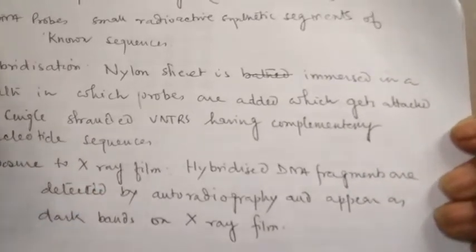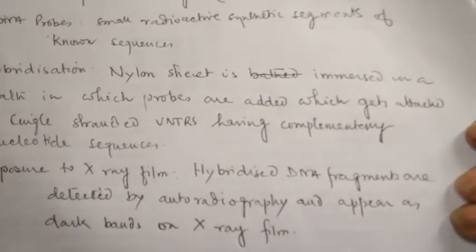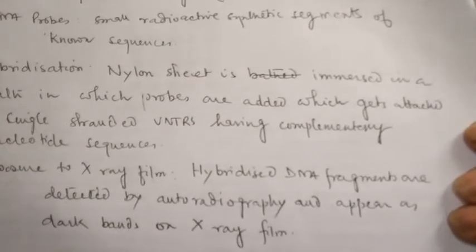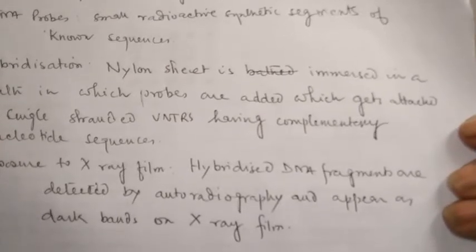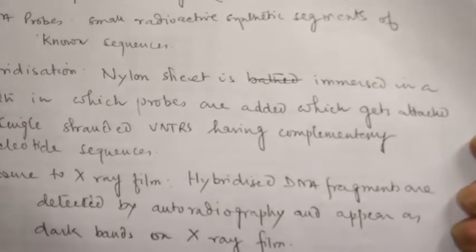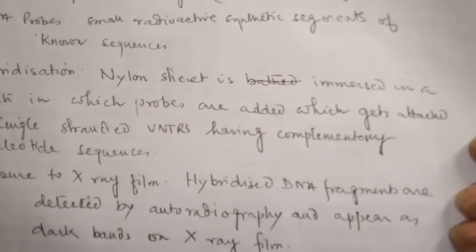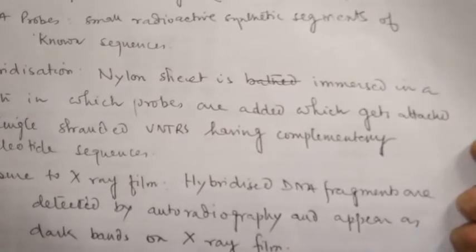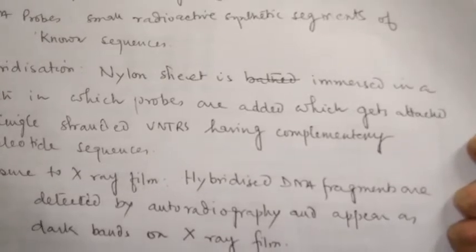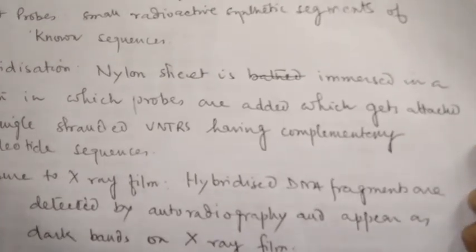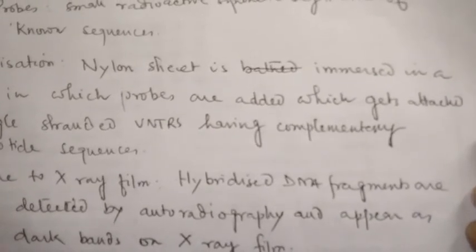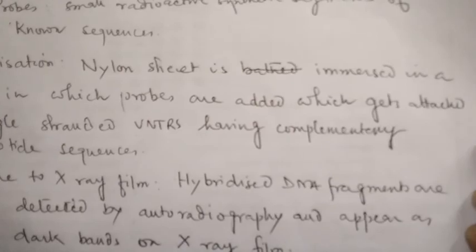So thus we can find out which cell's DNA is actually matching or hybridizing, and which cell is not. And finally by this we can find out who is the criminal and who is only a suspect, not the criminal. Likewise, a father and child will have similar VNTRs, and they will hybridize. But if somebody is making a false claim of paternity, then obviously this variable region will not hybridize; they will not match.